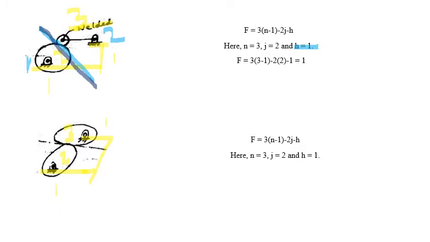So next the number of lower pairs or joints. So 1 and 2 is a pin joint. Therefore this is joint number 1, and 3 and 1, this frame is joint number 2. So we have lower pair 2. So in between 2 and 3 we have a line contact. Therefore h is equal to 1. Number of higher pairs is equal to 1. So after substituting all the values n, j and h in the Grubler's criteria, we got F value equal to 1, means it is having a single degree of freedom.